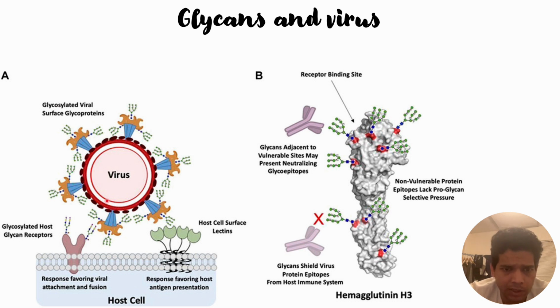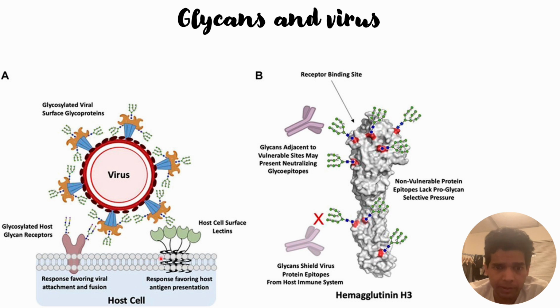So this is the virus structure, and it has cell surface glycoproteins that contain these glycan structures. And these glycan structures have different kinds of roles. They can interact with the host cells in two different ways. The first one is known as the main receptors, which favor viral attachment and fusion, and the second one is